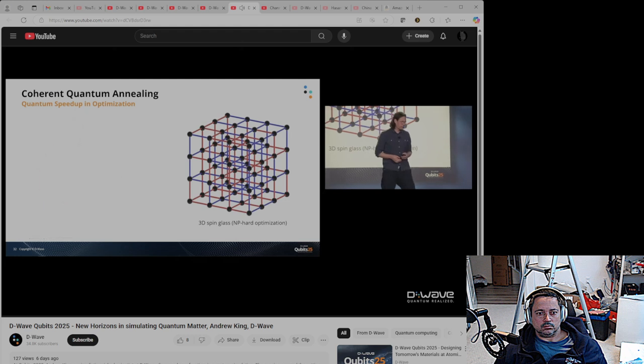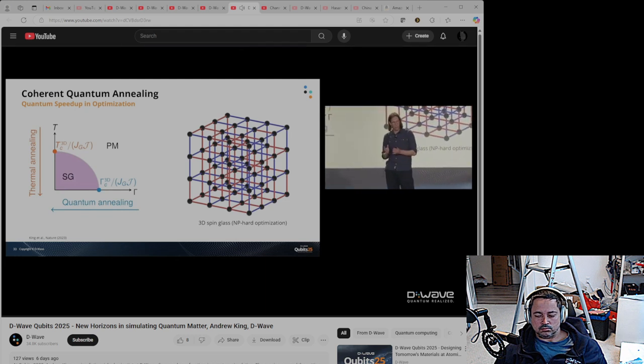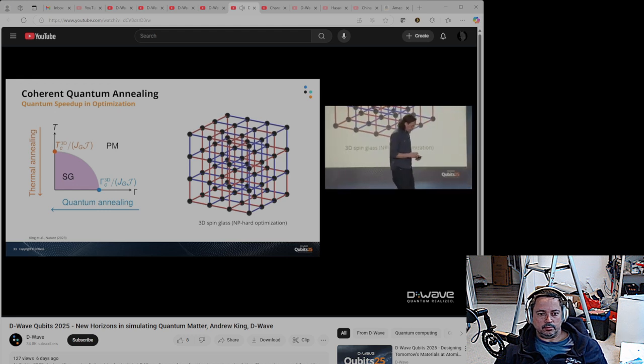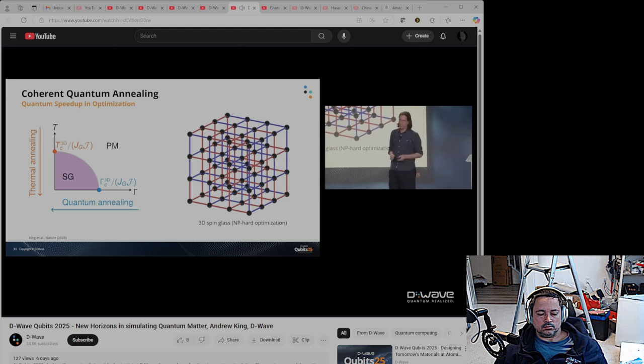So 5 years later, we managed to explore the zero temperature quantum phase transition of the same effective system. And by doing this, we can get at the real quantum dynamics, which are a lot easier to model than the open quantum dynamics. One thing that people often say is that one of the things you can do with D-Wave that classical methods absolutely cannot do is simulate open quantum systems, so quantum systems with a thermal environment. But we don't always want to do that. Sometimes we want to show that it is exactly the quantum system that we would expect. So that's what we're doing here.